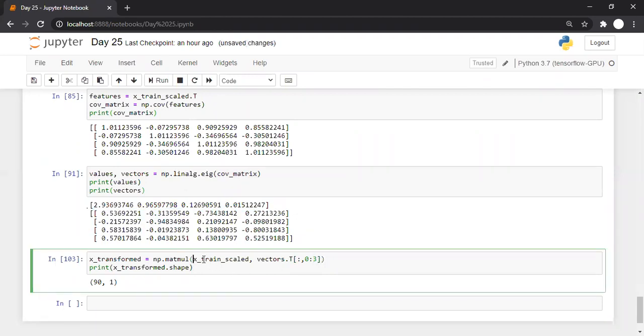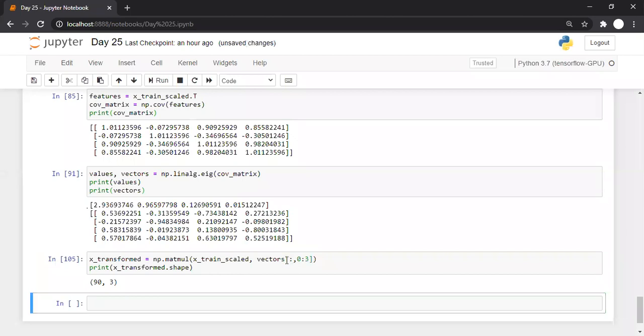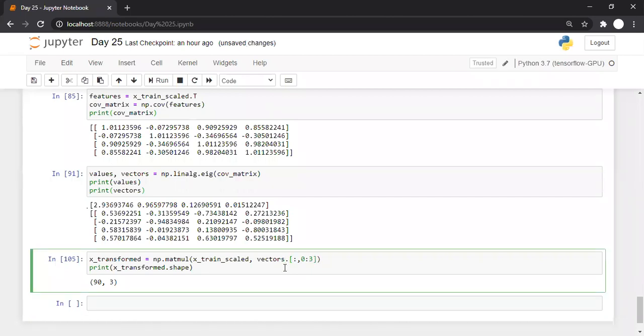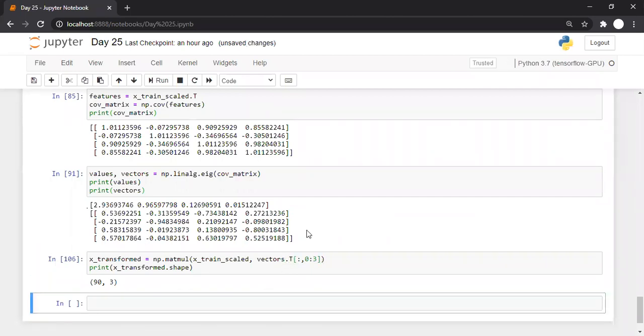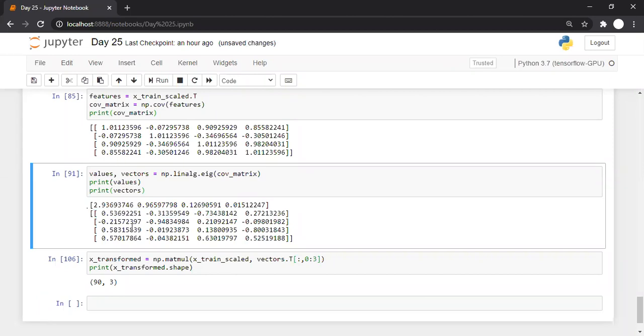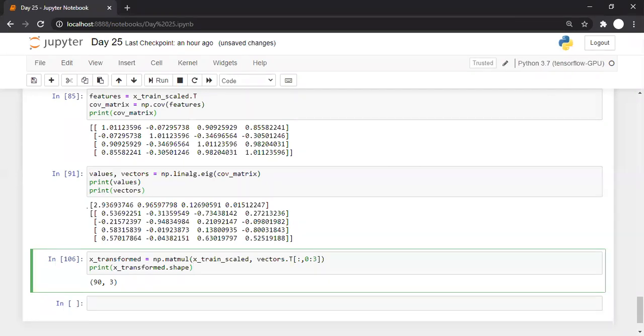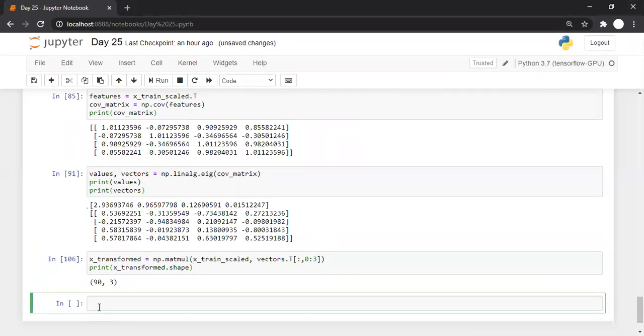And that's what we will do over here. We'll multiply our training data with three vectors only, that is 0, first and second. For that we are going with transformation. So if I don't take a transformation, what will happen? Will something go wrong? Okay, sorry, we have to transform, otherwise the components will be wrong. After transformation, the highest component becomes the first column, the second highest component becomes the second column, the third highest becomes the third column, and so on. Okay, so let us move to the next point, how we can use it.